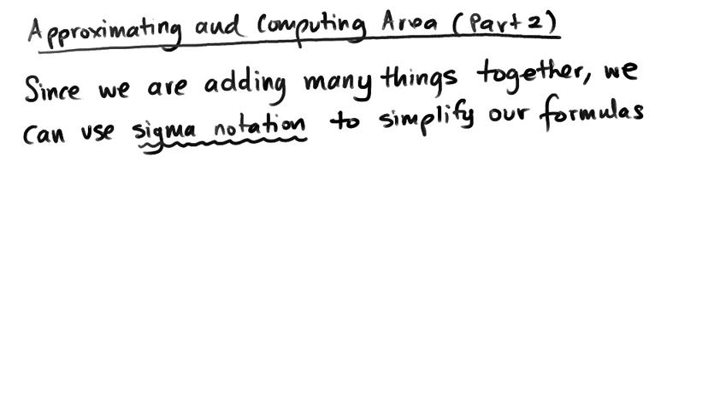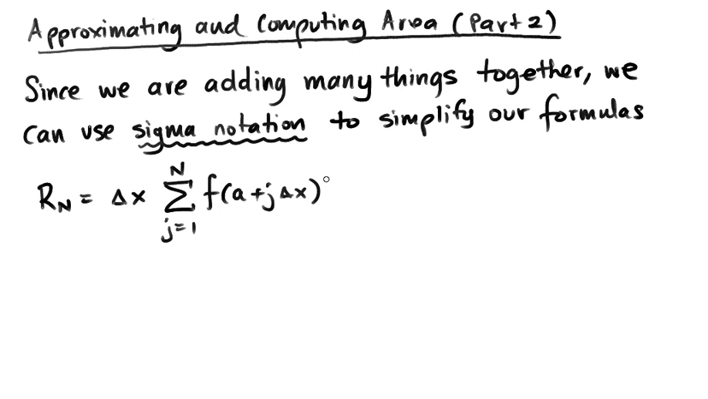Since we're adding many things together, we can use sigma notation to simplify our formulas. Before, in the last section, r sub n was equal to the adding up of all the rectangles. We can now use sigma notation. This is the notation here, and I'll describe it in more detail in a second. The formula is r sub n equals delta x times the sigma notation, j equals 1 to